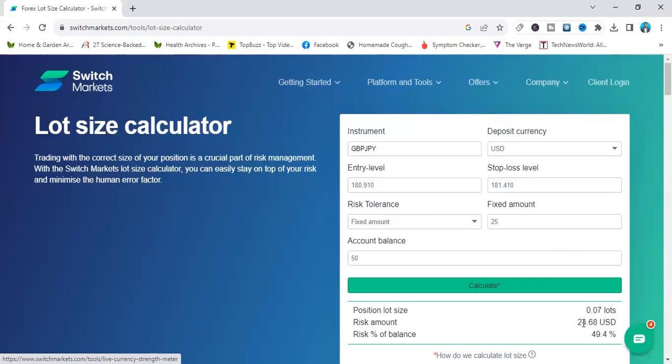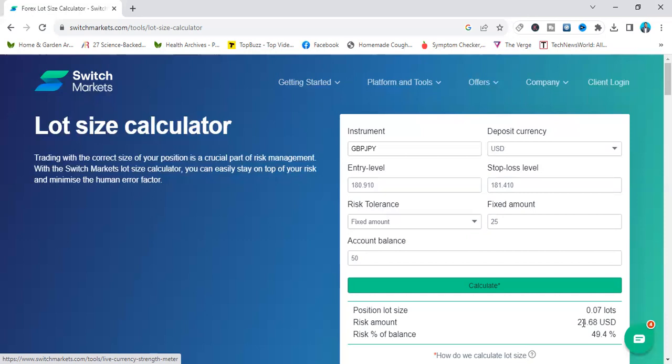So easy. This is for beginners. This is for someone who cannot easily guess what lot size to use off head. You have this risk calculator here, which is the lot size calculator to help you manage your risk very well. So please take advantage of this. There's no signal you cannot take on any account. Any account balance, you can take a signal on it, provided you know the right lot size to use.